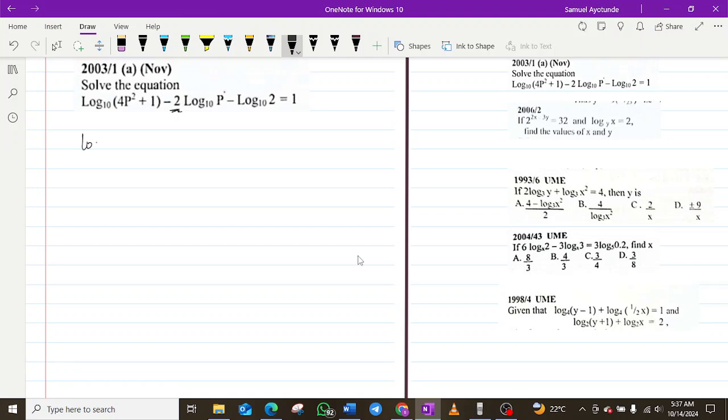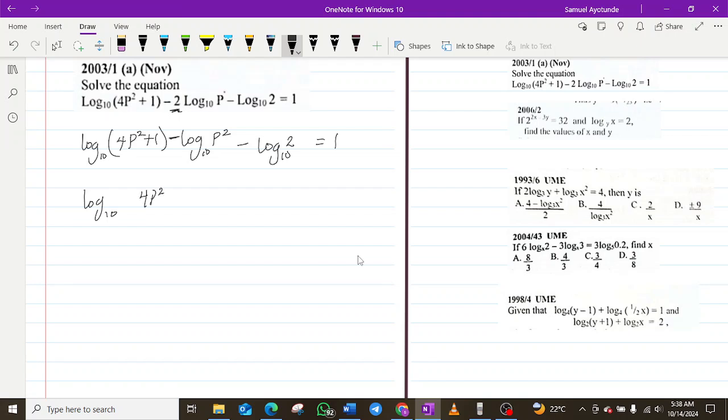We have log base 10 of 4p squared plus 1 in the bracket. So if the coefficient turns to power, we have log p squared, minus, we have minus here, then minus log 2 base 10 is equal to 1. So from here we can apply the second law. The second law says when we have subtraction, we divide, as long as all the bases are the same. So from here I can have